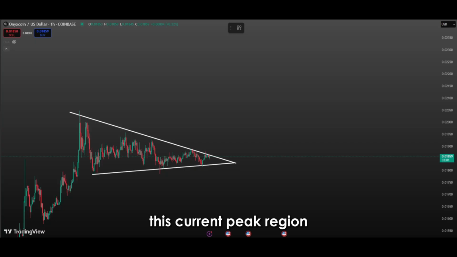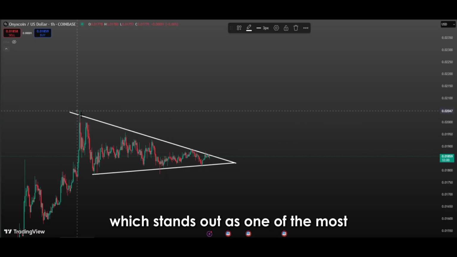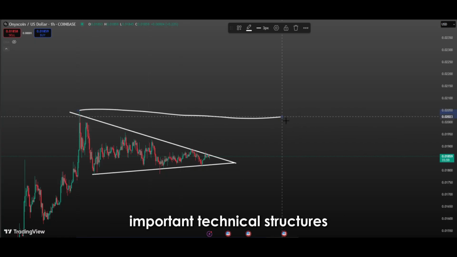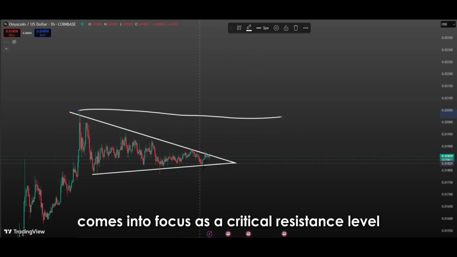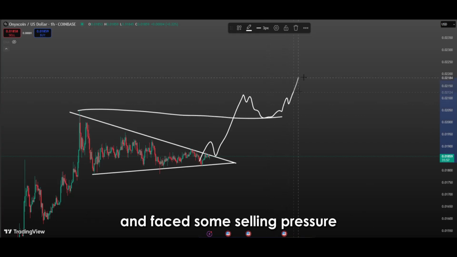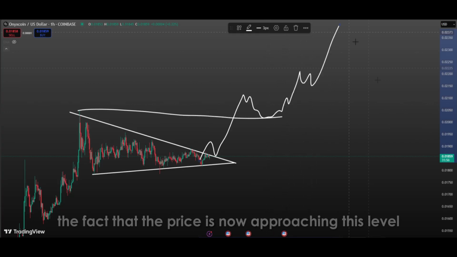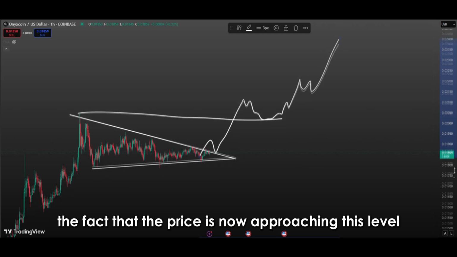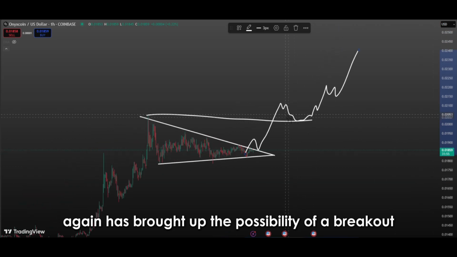Stay tuned. This current peak region, which stands out as one of the most important technical structures on the chart, comes into focus as a critical resistance level for investors. This peak may have previously limited the price's upward movement and faced some selling pressure. However, the fact that the price is now approaching this level again has brought up the possibility of a breakout,